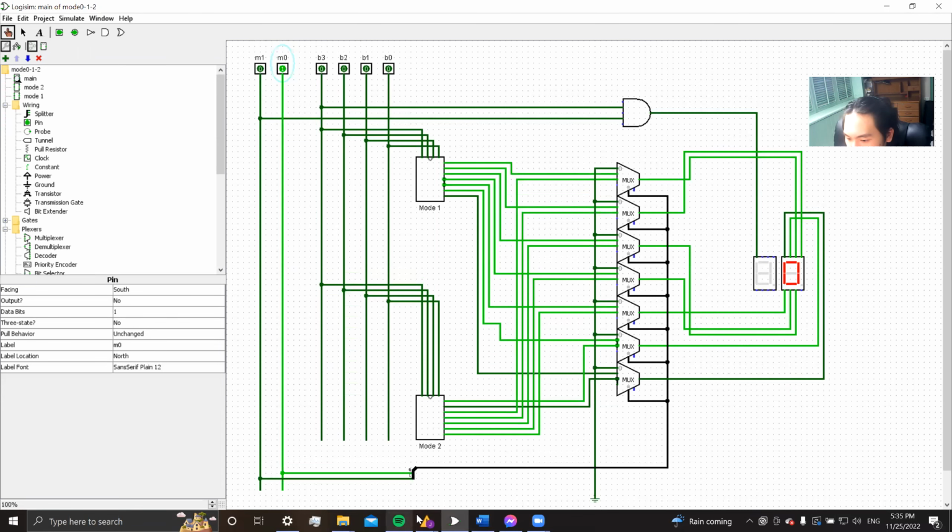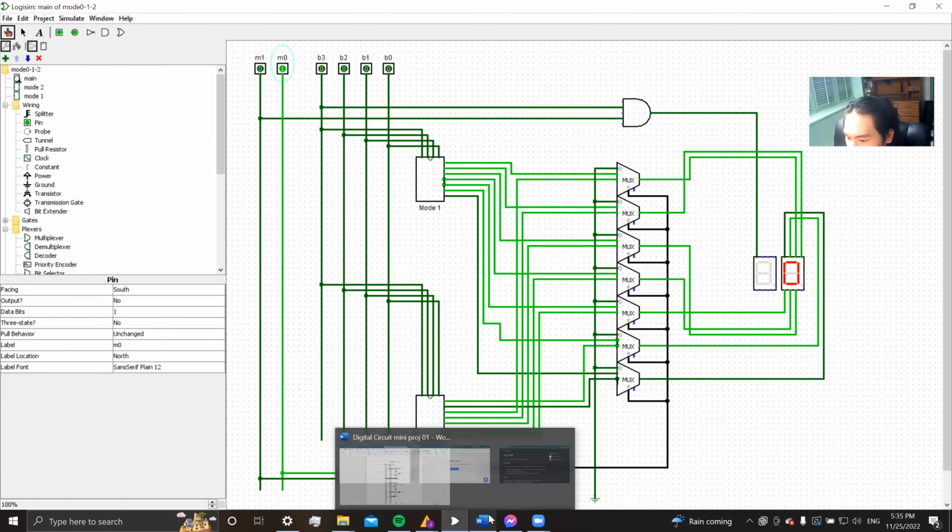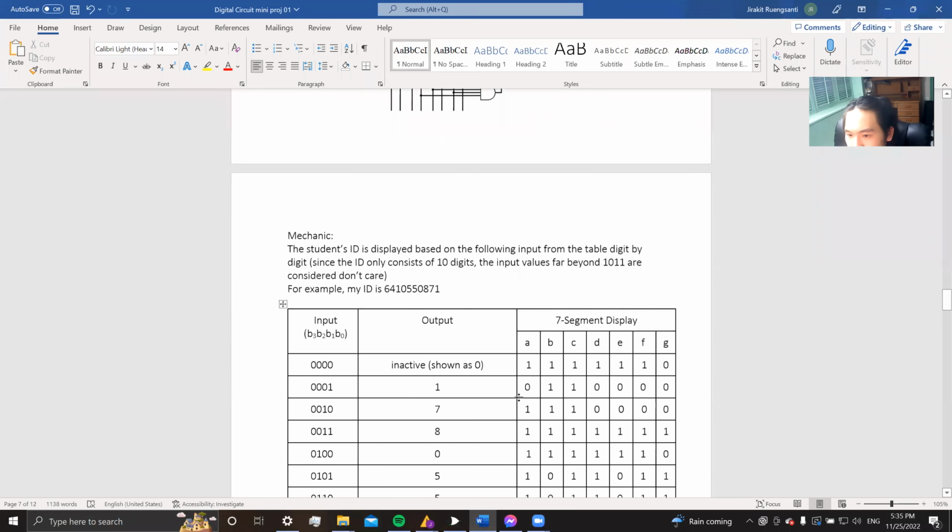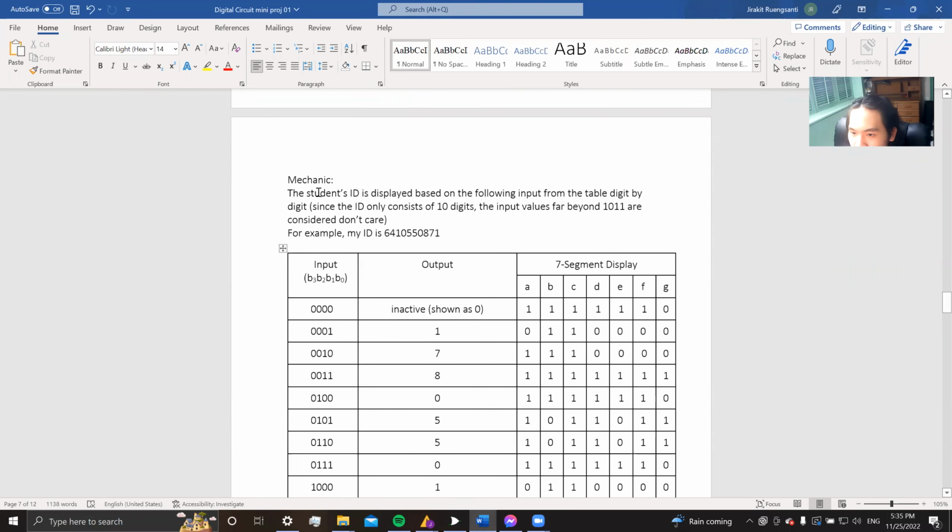Okay, I'll get to the detail. Its mechanic is that the student's ID is displayed based on the following input from the table, digit by digit. Since the ID only consists of 10 digits, the input values far beyond